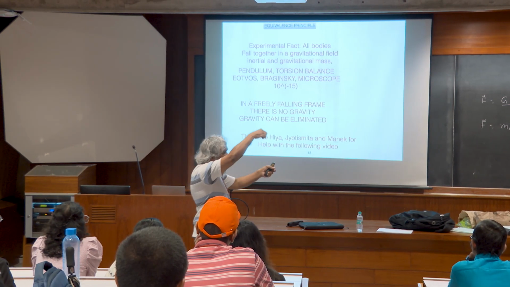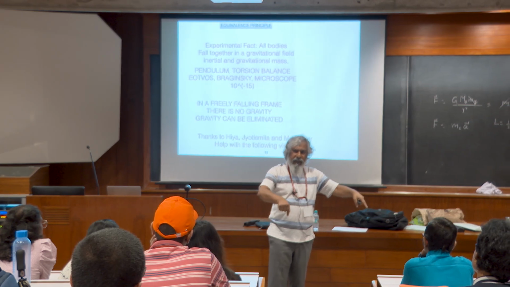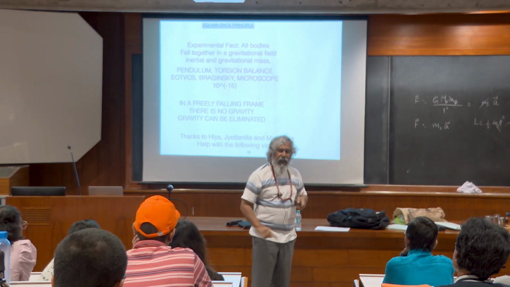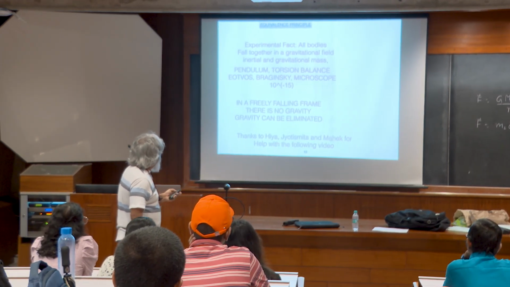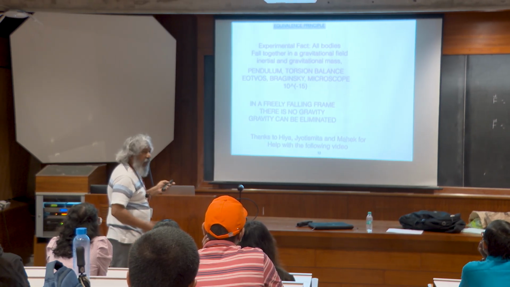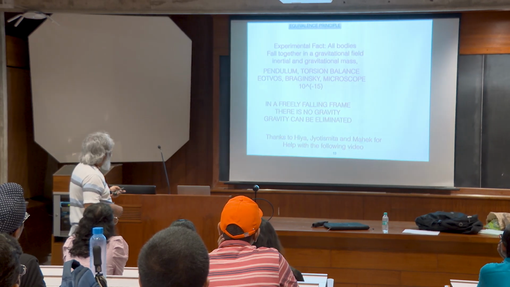Now what you do is you take a thin thread and you put a bar here and you have the two plumb lines here. If they're pointing in different directions, there'll be a torque on this thing and that will turn. So this is the torsion balance experiment. It's been done for a long time. Eötvös first, then a large number of people, Braginsky, and there are others whom I had not heard of until I looked it up for this talk. But there's been a lot of work here.